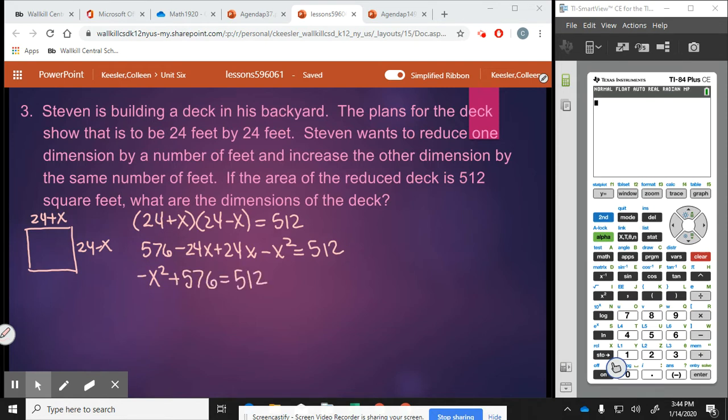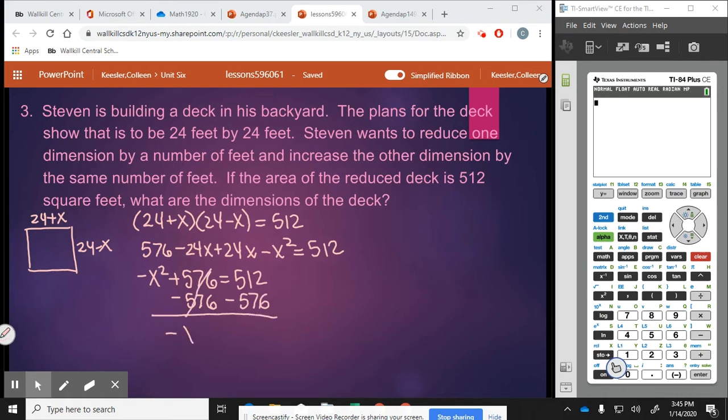So there's two ways I can go about this. I could solve this like a very simple equation because there's no other x value here, or I could set it equal to 0 and have a difference of two perfect squares. I'm going to make my life easy. If I subtract 576 here,